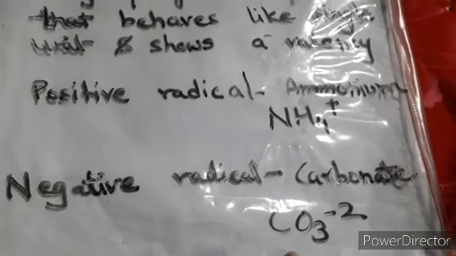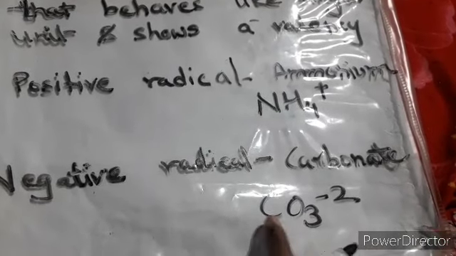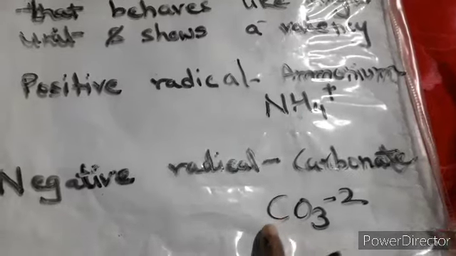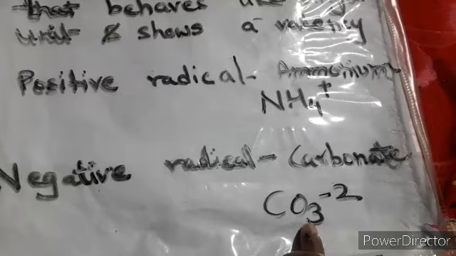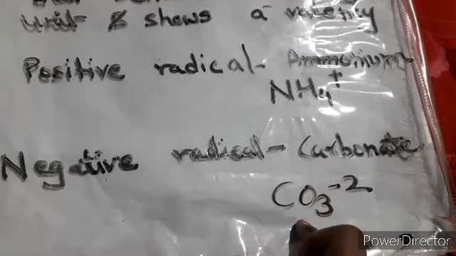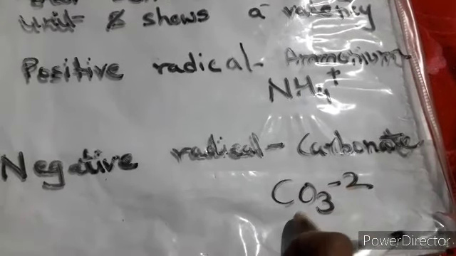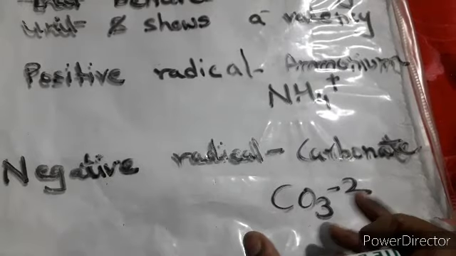Now over here, according to the definition, it's a group of atoms of elements. We have two elements, one is carbon and the other is oxygen. How many atoms of carbon are there? One. How many oxygen atoms are there? Three is written over here, so it is three atoms. Now why is it negative? Because it is acquiring a negative charge. So if you are learning for the first time, you have to remember all the names of these radicals, whether they are positive or negative, and you have to remember what the valency is. What is the valency of ammonium? It is +1. Over here, for carbonate, it is -2.